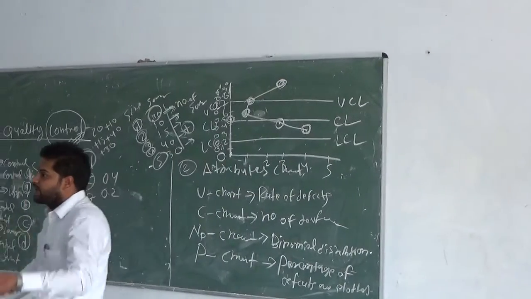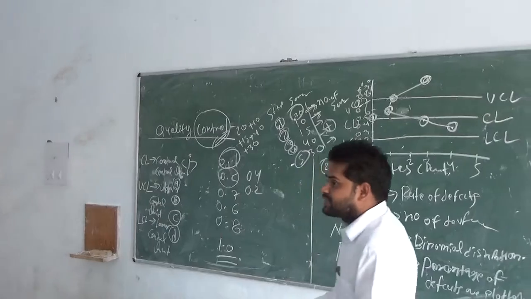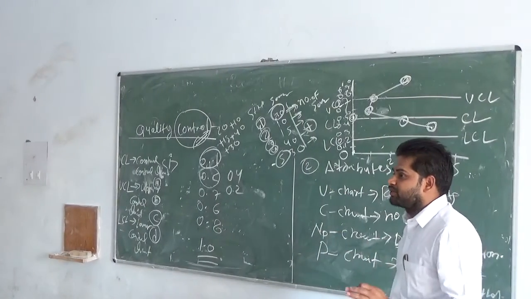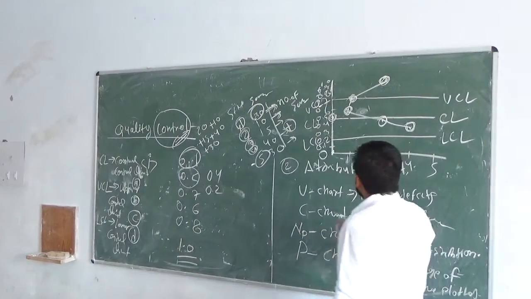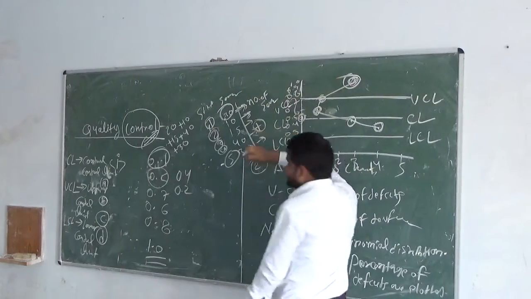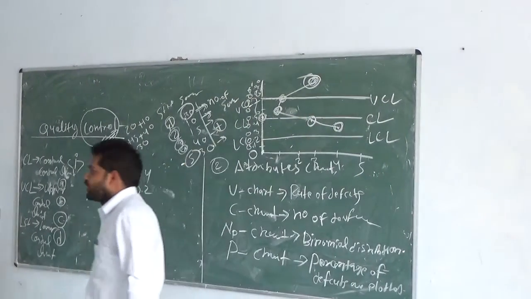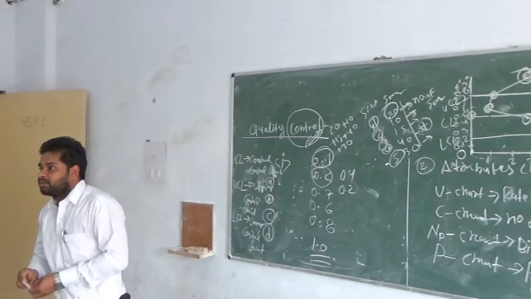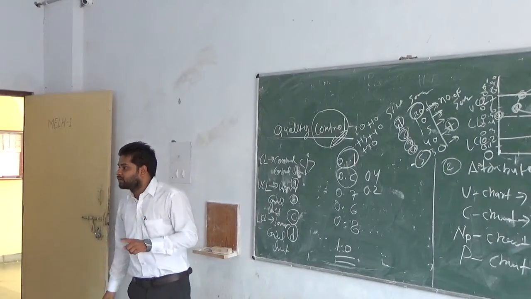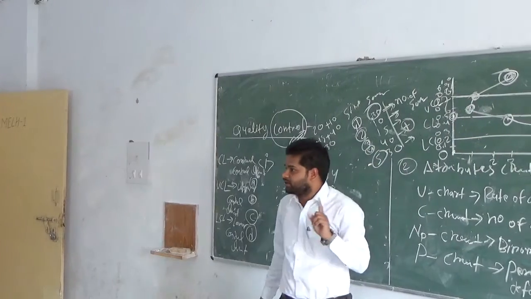This is out of range, means totally this is up of the UCL. Means this is the rejection of the product. This is the rejection. We can accept up to here. So what are the defects? Defects are here. So how can we find out the defects? We solve the problem with the help of the chart with the range of LCL, CL and UCL.